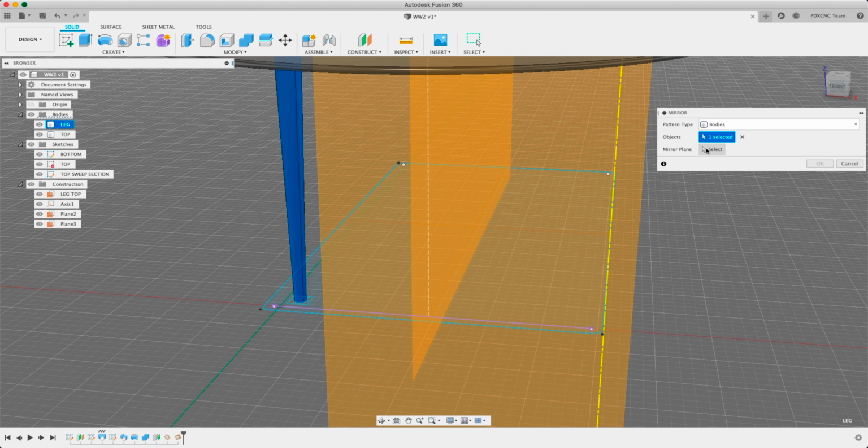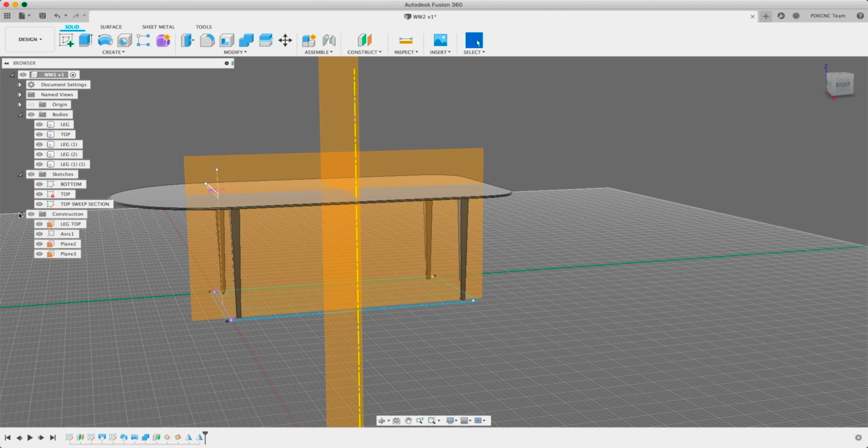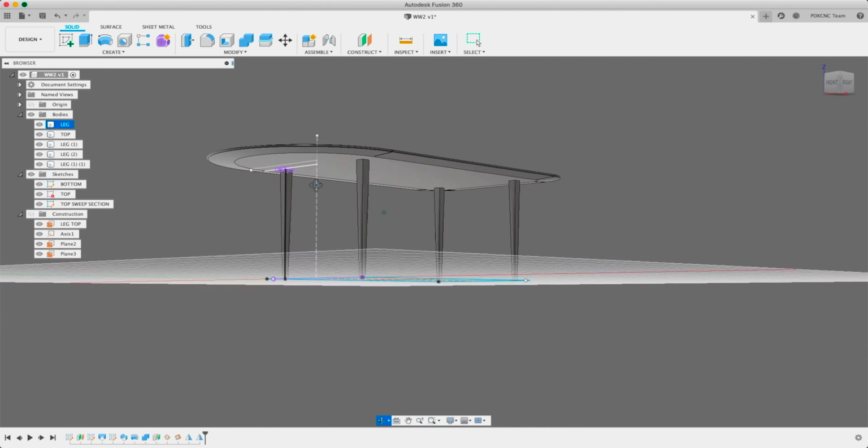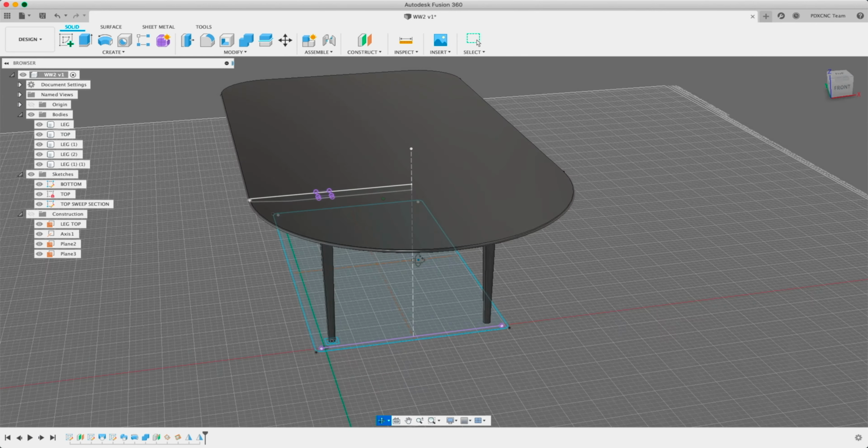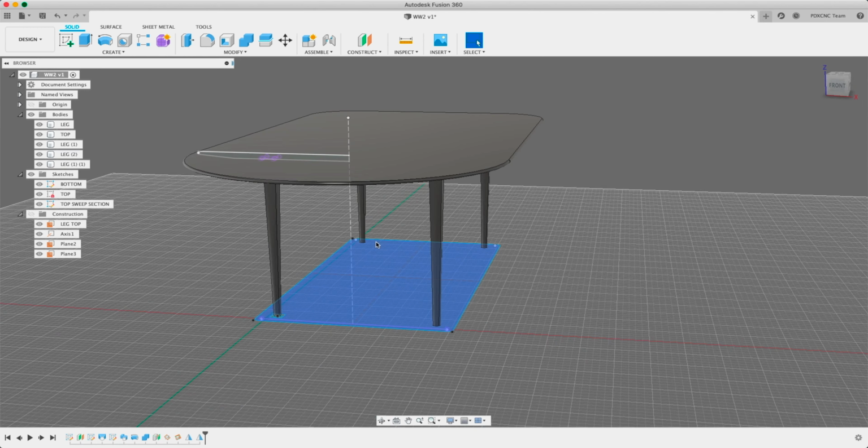Right click, repeat mirror, select both of these. Mirror plane is this tall, goofy one. And we've placed them at the back. We turn off our construction planes. We've now got perfectly placed legs, and they're always going to stay in the same spot no matter how we